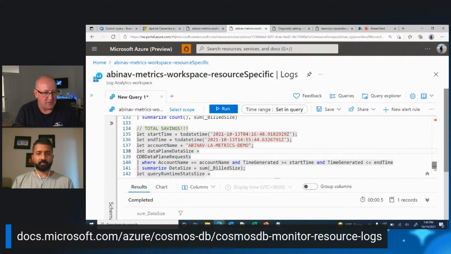So you can also not just look at the data plane and the data that's coming in and out, but you can also do this on the control plane as well. Anyway, we've got great docs on all this stuff, and you can look at these samples here, and it's definitely worth it to go and